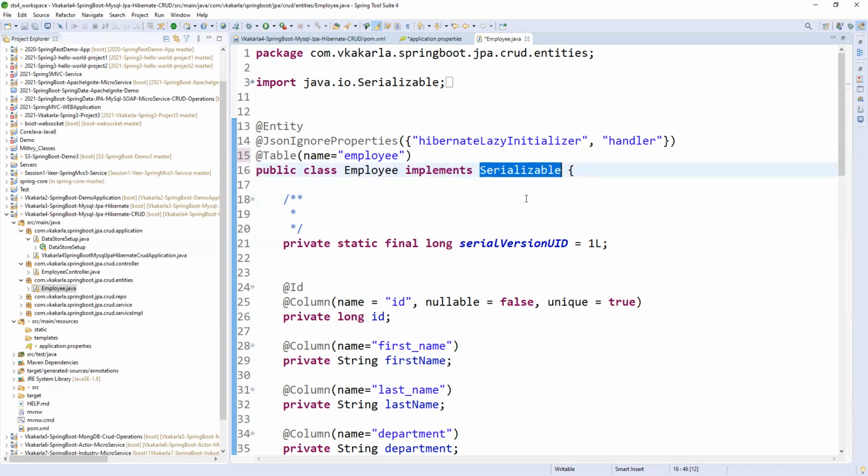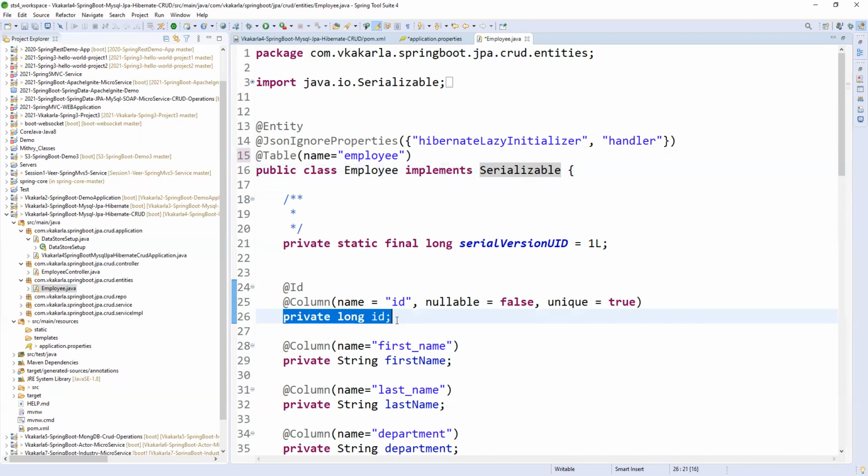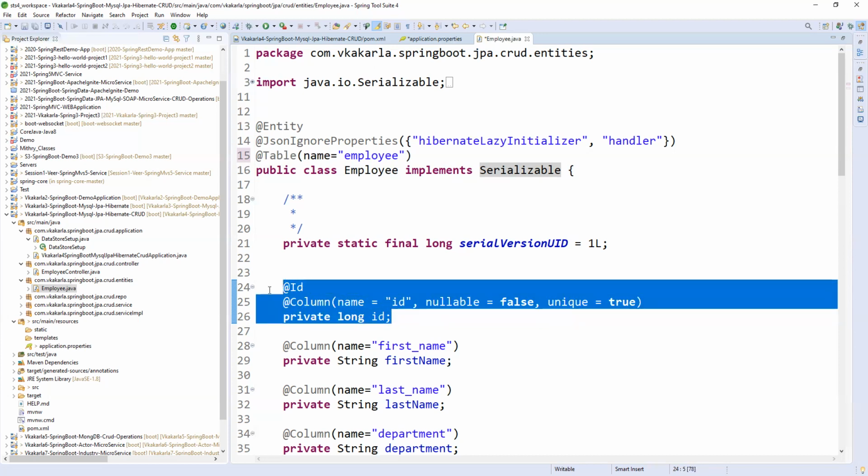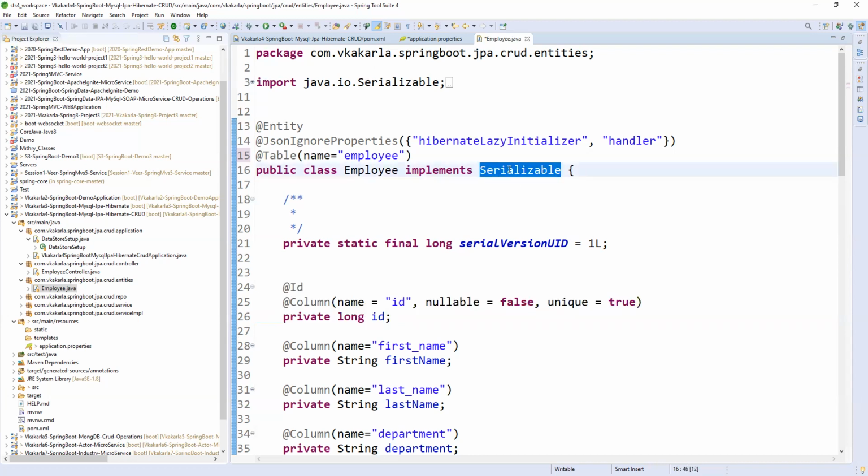Very good. Whenever we are traversing the data through the network, we should not traverse the data as English statements. We should traverse the data in terms of zeros and ones, that is nothing but a binary format. To convert between that binary format and our English kind of statements, we should use serialization. Serialization converts our Java statements into ones and zeros of a binary format with the help of the Serializable interface.